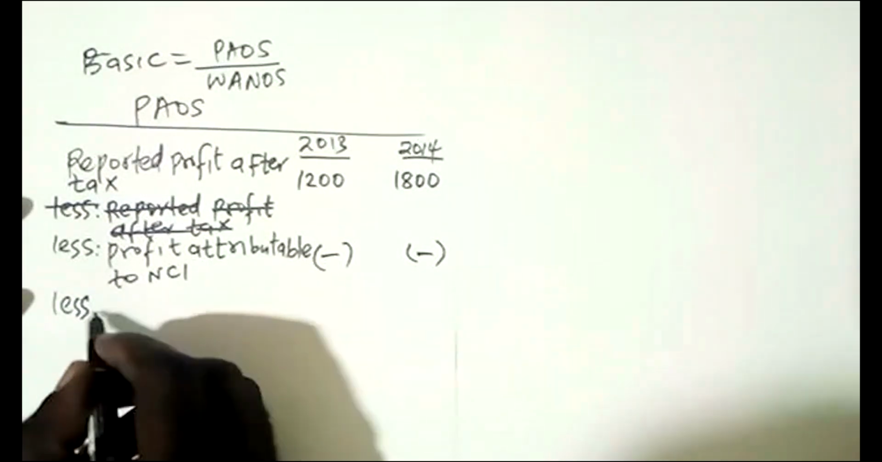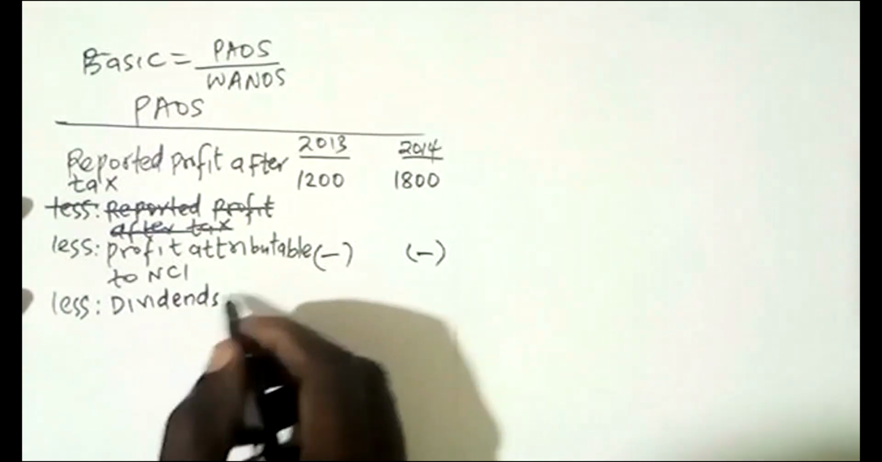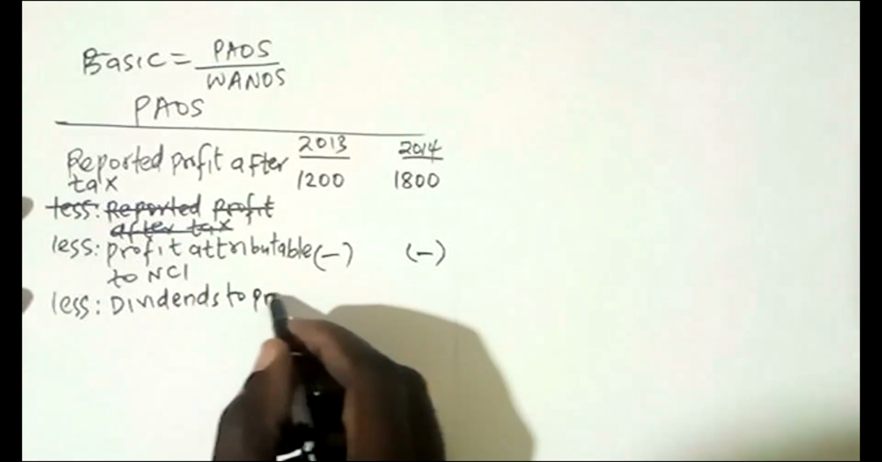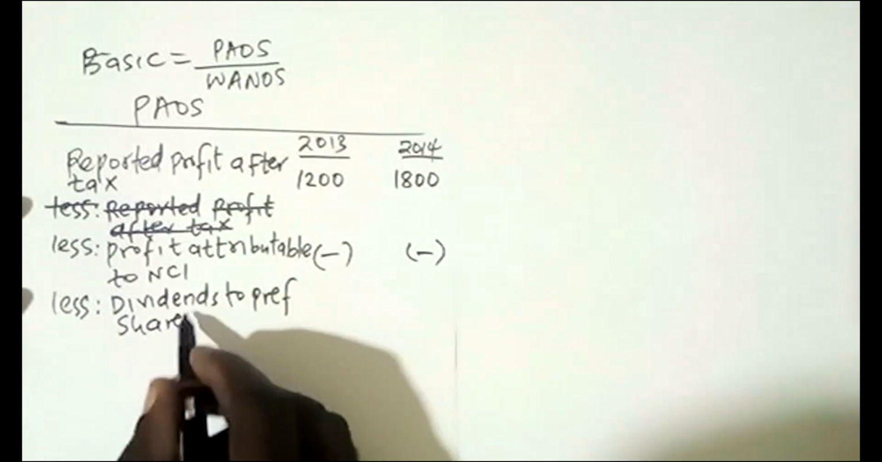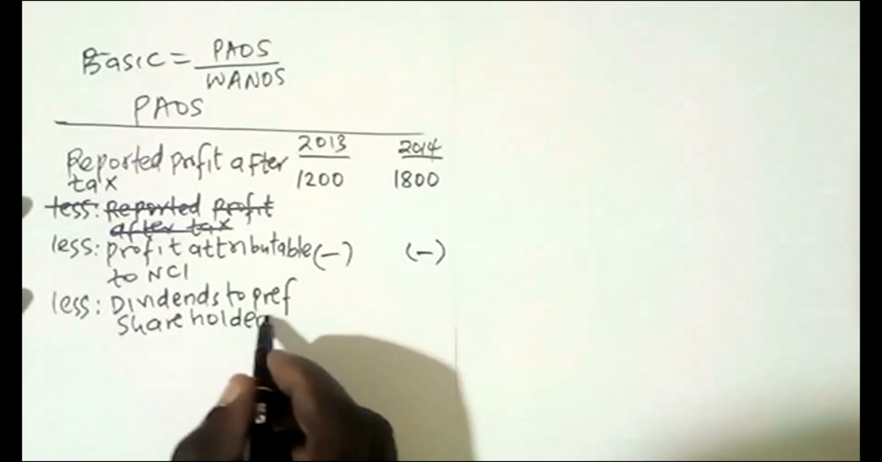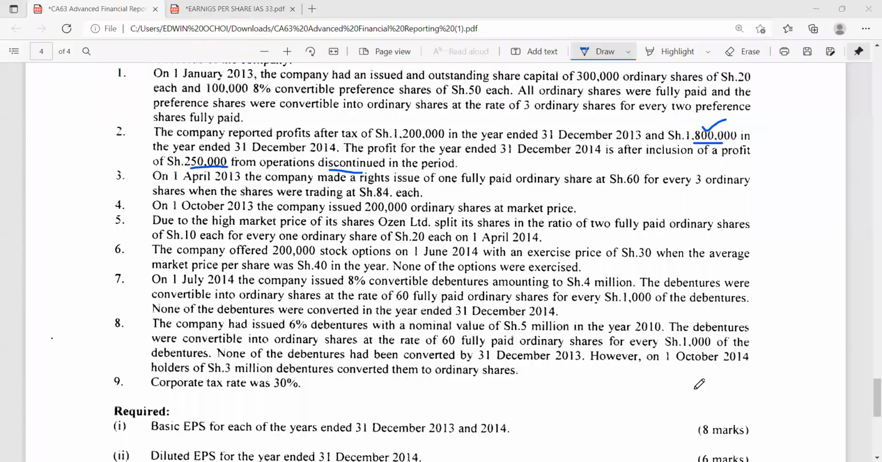Then we have to raise dividends to preference shareholders. So you need to go to your question and check where you have the preference shareholders. You check in additional information number 1, you were told that on 1st January 2013, the company had in